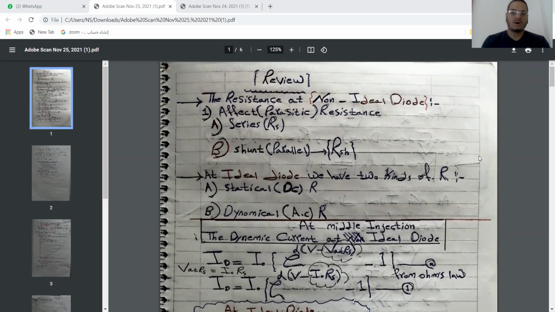Bismillahirrahmanirrahim. Good evening, everyone. Today, our lecture will focus on how we can calculate the dynamic current at ideal diode